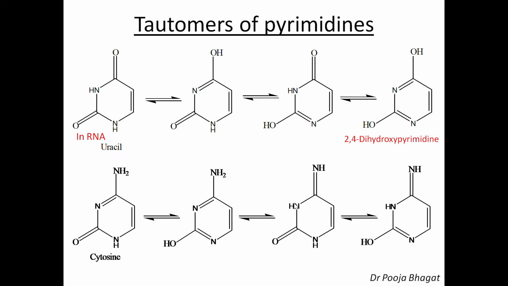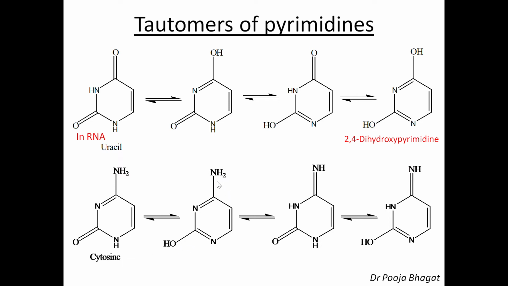As you can see here, the lone pair of electrons will shift here and the pi electrons towards this nitrogen. So there is double bond, single bond, the hydrogen from here goes to here. So this is NH2 single bond and this is double bond, as you can see here. So how can you write down the four tautomers? This is oxo group, this is amine group. So you can see here amine group as it is, oxo group as enolic group in the second tautomer.